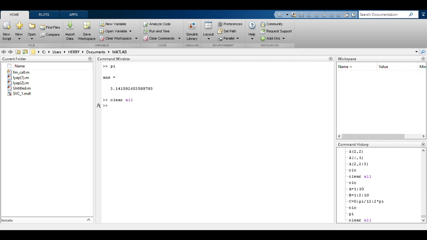Now let us take some exercises. We have been given a matrix right here. The dimension of the matrix is 3 cross 4, and we have to obtain all the elements of all rows but the first column, obtain the element in second row and third column, delete the first row of matrix A, delete the first and second column of all the rows, and replace the element A22 with 10.